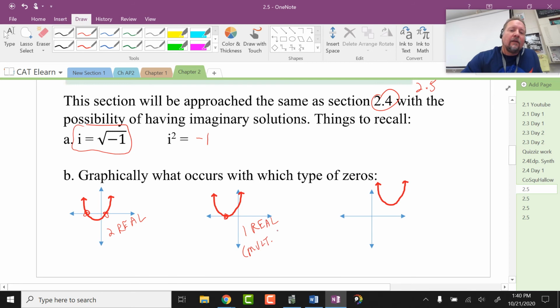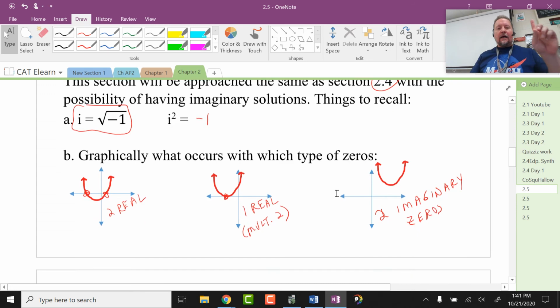So remember that a graph could have multiplicity 4, 6, 8, 10. Any even multiplicity would be this picture. Oh no, now what happened with the parabola that didn't cross? That's when you got 2 imaginary zeros. And do understand that when you get imaginary zeros, that means the graph is not actually crossing at that particular position. So just recall that